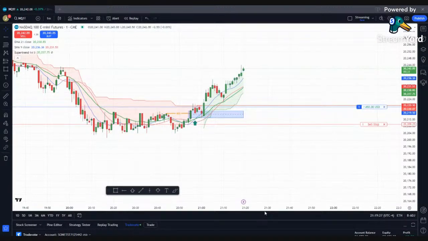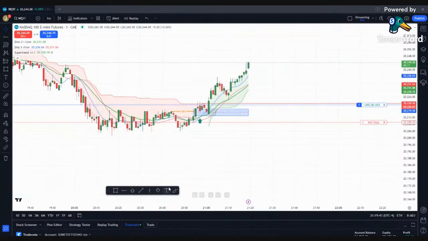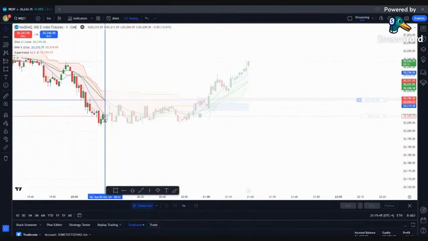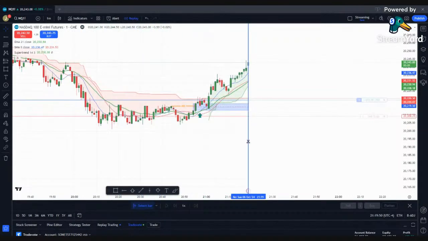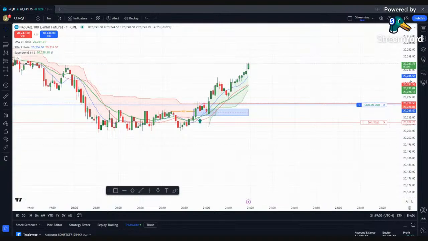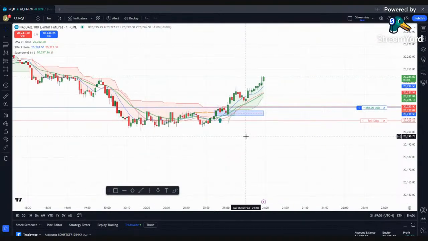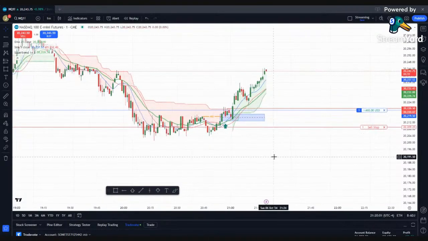You can test it using the automatic strategy tester, but to see it actually on a screen, you can do replay trading on TradingView. Go to the replay and back test it. I'm encouraging you to do that for a week, like last week. Replay trade the last week using this strategy, and you will see. And then you will also discover